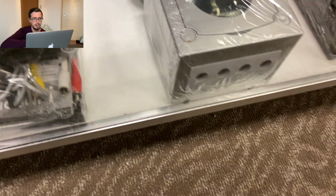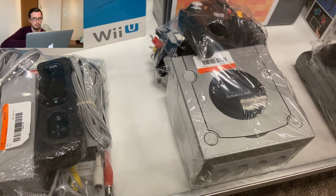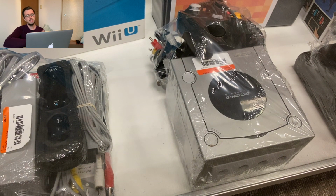So, okay, what I'm going to do is pause it on this frame of the GameCube. Looking back on that selection, that's the kind of selection I would expect if I went to a big city, like Book Off. That's a place that doesn't really specialize in retro games. I mean, Hard Offs out in the sticks would have better selection than that. Even the Book Offs here, you would find more of your staples,